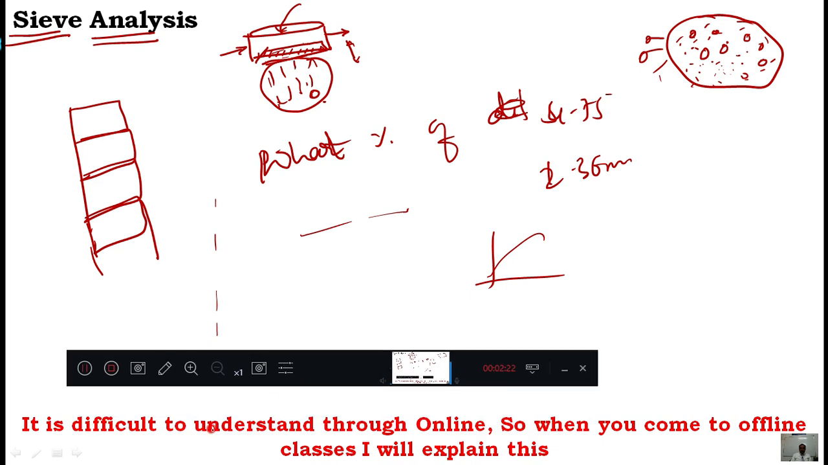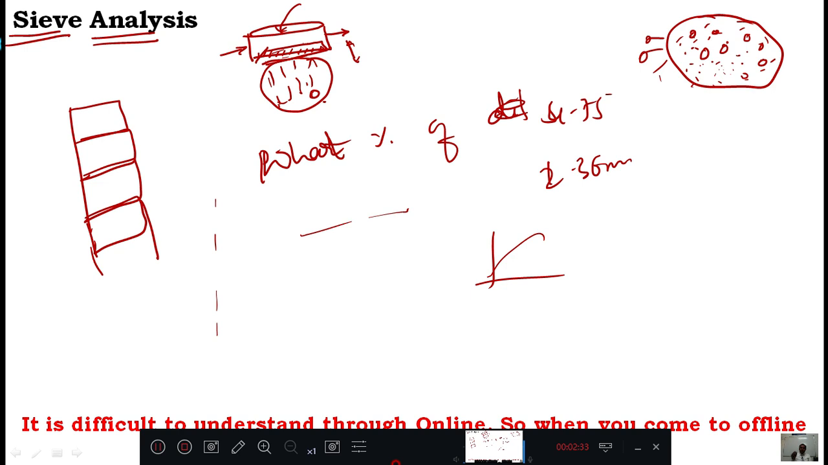See, it is difficult to understand through online, so when you come to offline classes, I will explain this one. Therefore, we will keep this concept pending. You just understand that sieve analysis is the test to understand particle size distribution in the soil. The next heading is